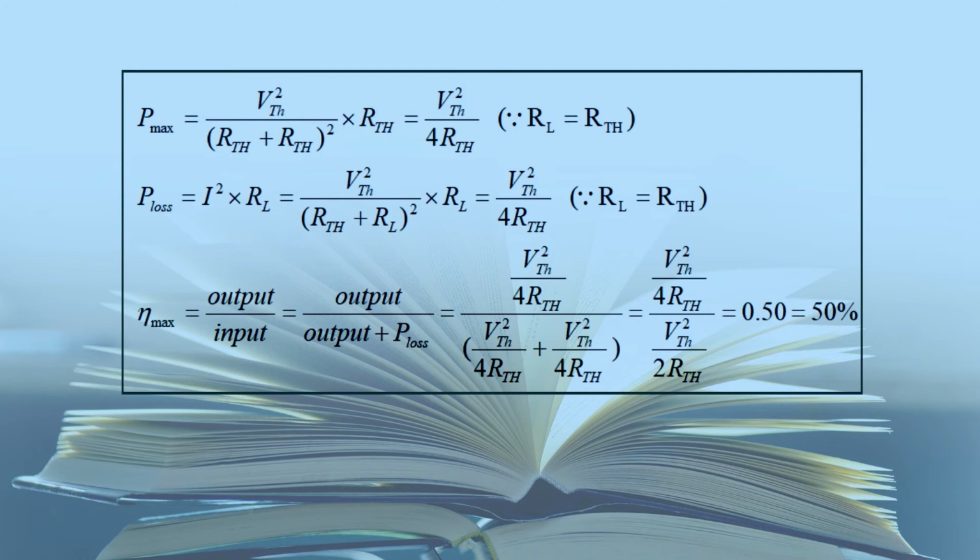For maximum power transfer, the load resistance should be equal to the Thevenin equivalent resistance, or you can say the Norton equivalent resistance, because the methods to find the Norton equivalent resistance and Thevenin equivalent resistance are the same. Under the condition of the maximum power transfer, the efficiency of the system is always 50%. So this is how we can calculate the efficiency of the maximum power transfer theorem. This theorem is applied where the aim is to transfer the maximum power, not the efficiency.